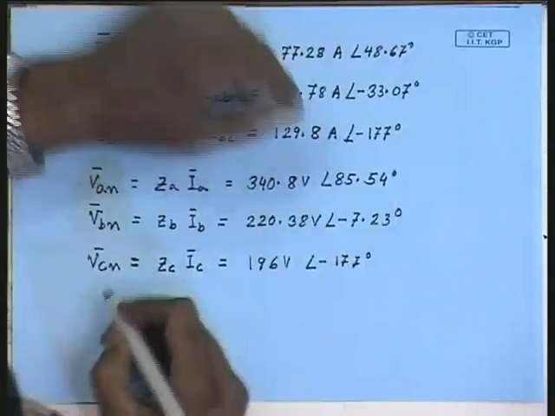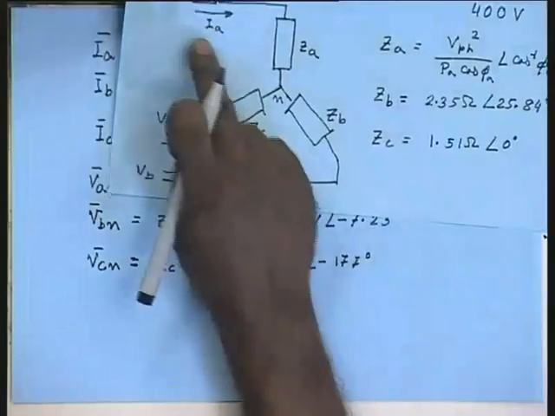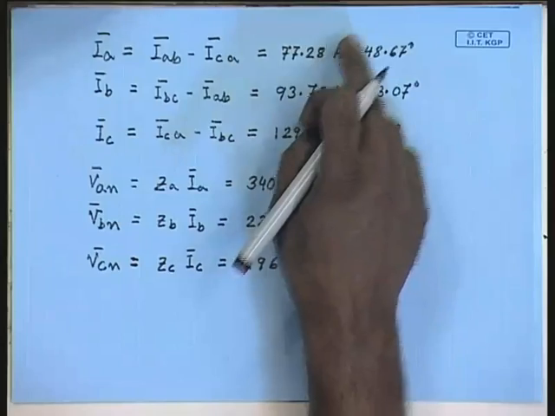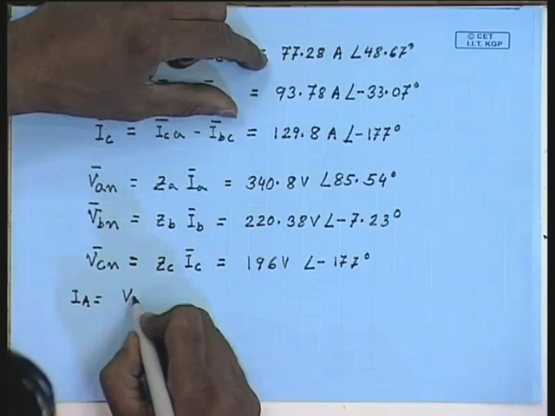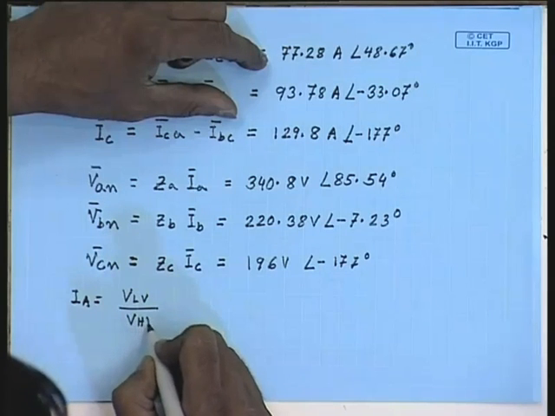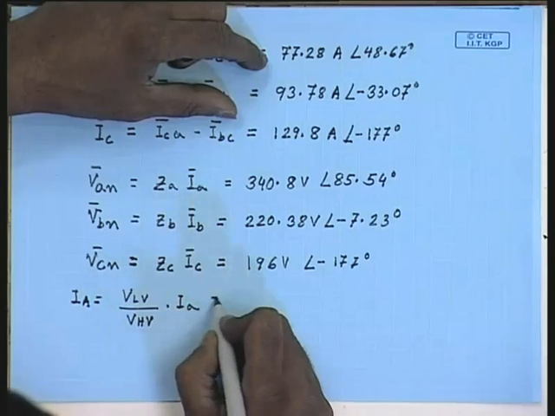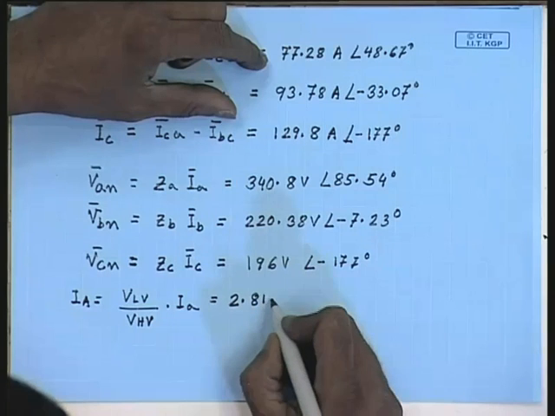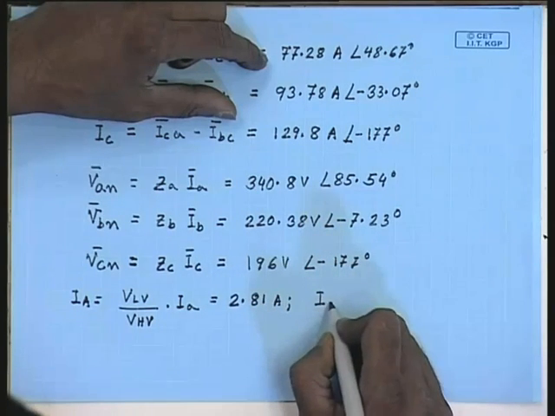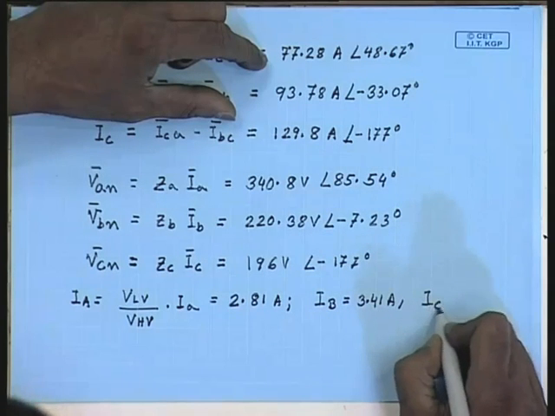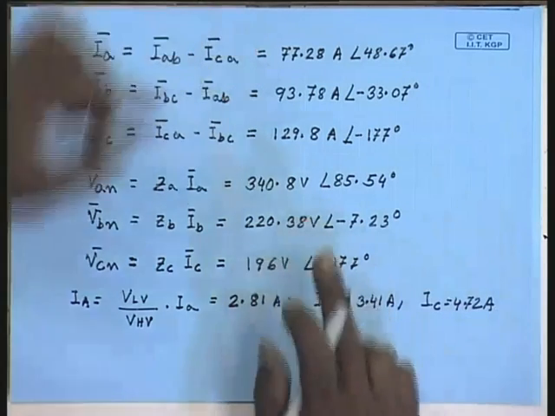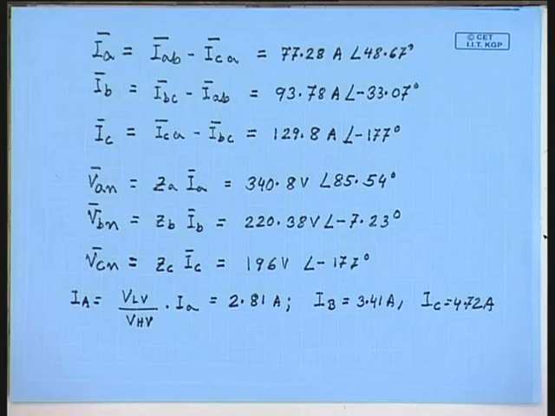If we look at the HV side line currents in this particular case, that is IA, this is the LV side line current. LV side of the transformer is delta connected, HV side is also delta connected, therefore, IA equal to VLV by VHV into IA. This comes to 2.81 amperes. Similarly, the line current IB comes to 3.41 amperes and line current IC comes to 4.72 amperes. So, both the load phase voltage and the input line currents are unbalanced if the delta delta connected winding supplies an